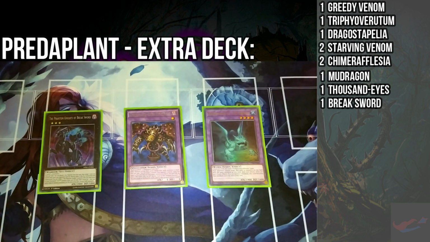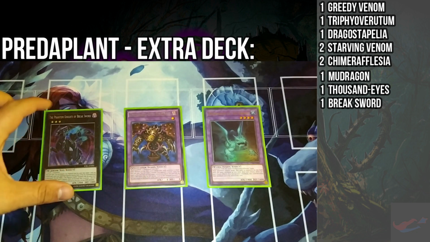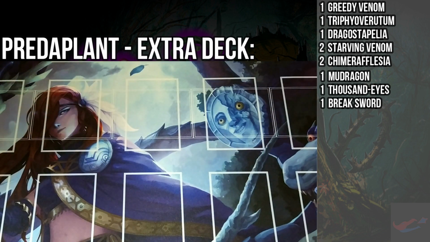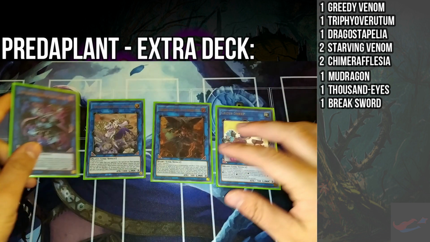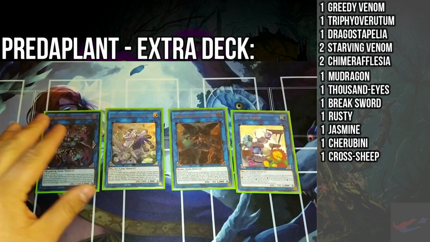Mad Dragon is amazing. Just a really easy Super Polymerization target. This should be Millennium, like I said. And Breaksword, you have a lot of level 3s, so you can take a lot of advantage out of it. And speaking of level 3s, we also run Cross Sheep, Cherubini, Aroma Marriage, Aroma Seraphy, Jasmine, and then 1